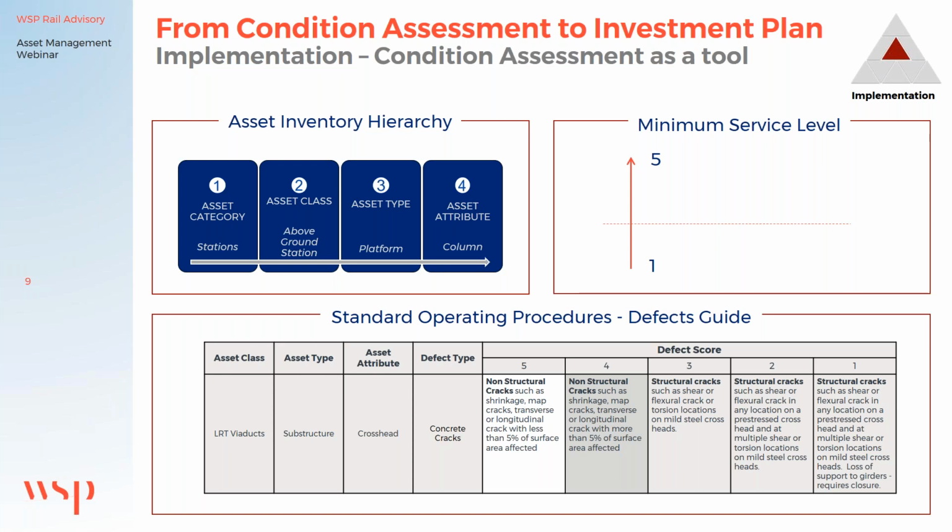The second part is to come up with the scoring system and also the so-called minimum service level. To do this, we actually used an already existing scoring system on a 1 to 5 scale, where 1 is a poor condition and 5 is as new or very good condition. And this system was used by the Federal Transit Administration years before in the US in a very large condition